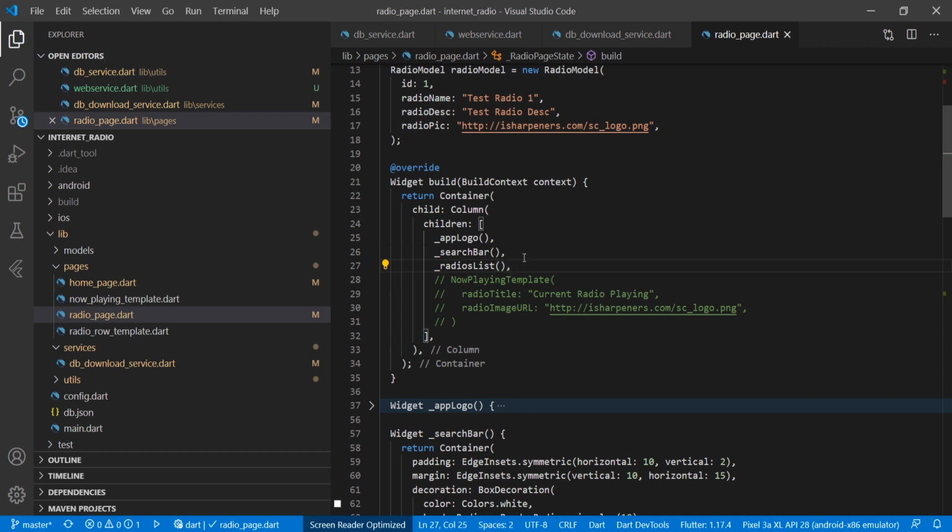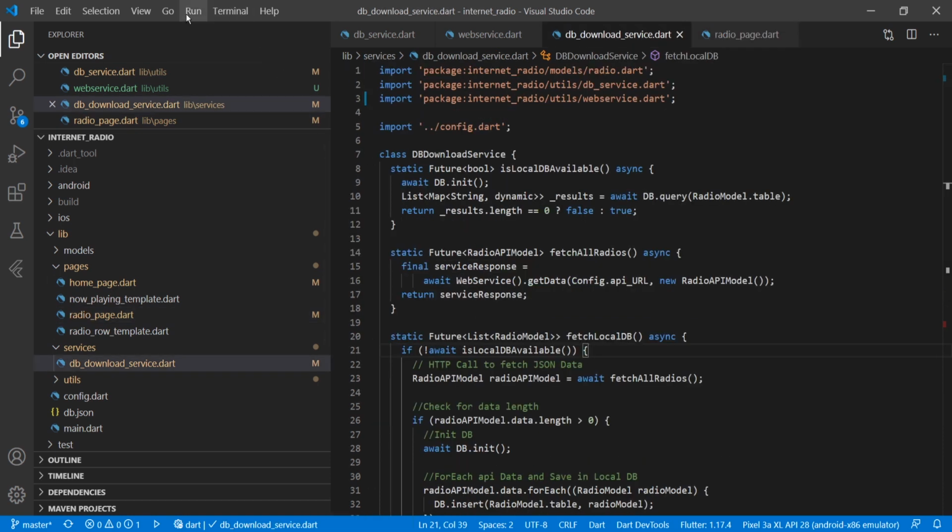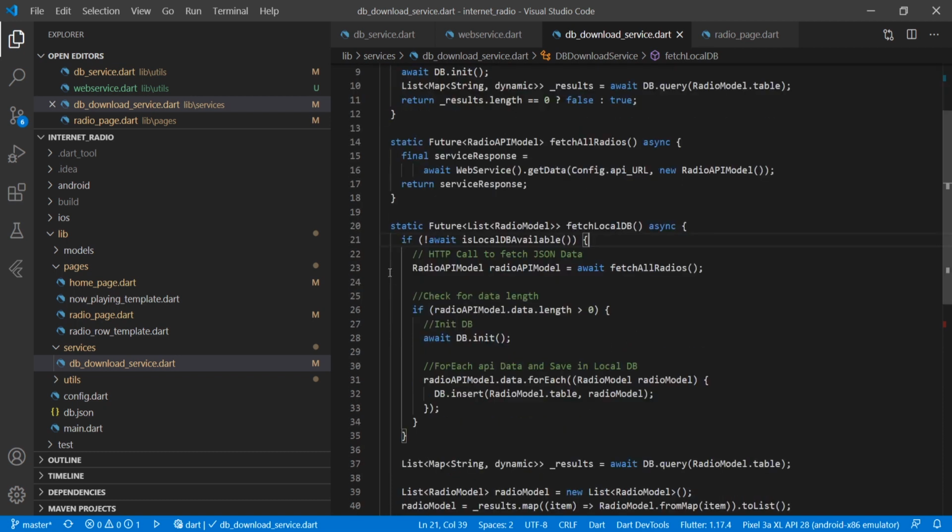So let's run the application to see how it fetches data from that database. Now we will run our application in debug mode to see how it works step by step.